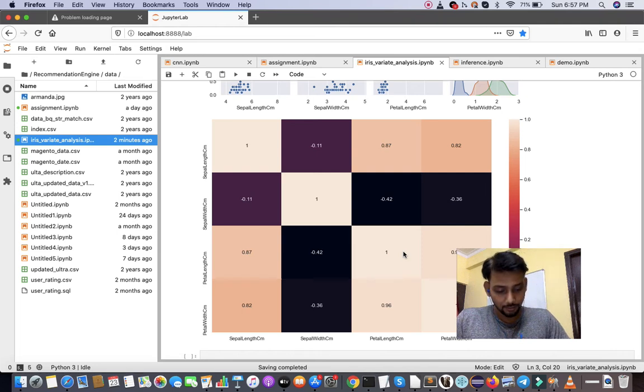If you put some value of x and the value of y increases, it means there is a positive correlation between x and y. If we put some value of x and we get a negative value of y, it means there is a negative correlation between these two variables, right? If there is no effect, if you put some value of x and there is no change in the value of y, it means they are not correlated to each other.